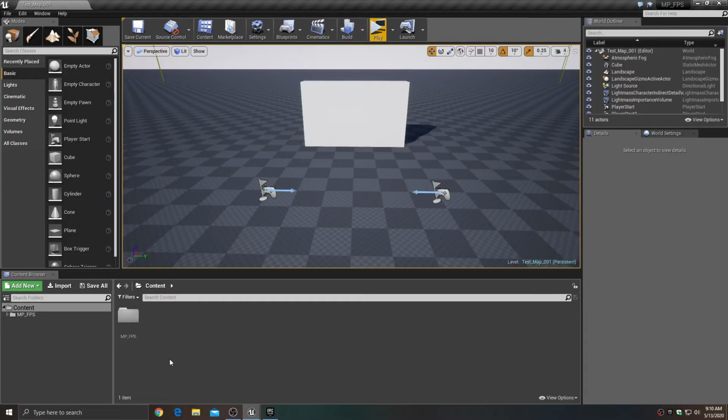Okay, so the way that I'm going to do this is, I really don't think that a character should be able to sprint backwards or back left or back right, or to the left or to the right. So we're going to set this up in such a way that the character can only sprint when he is actually moving forward. Okay, so inside the character blueprint,